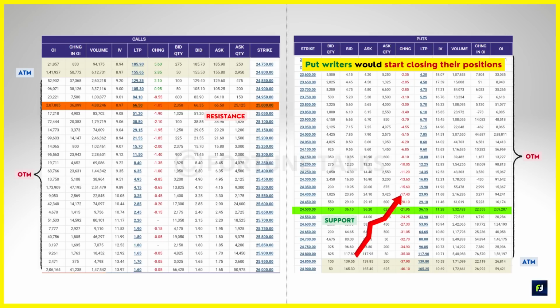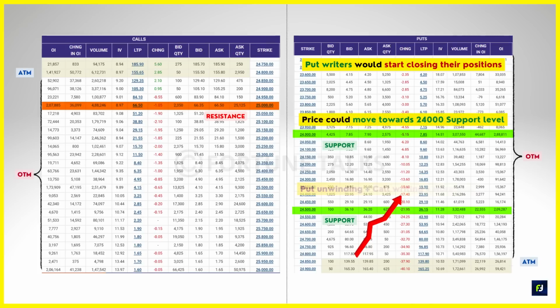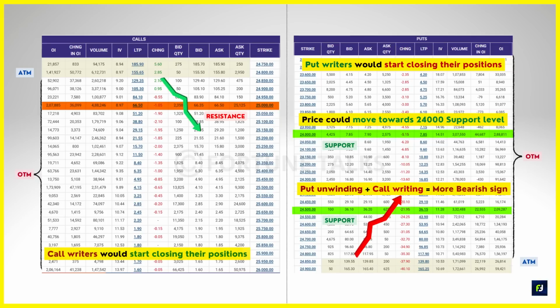This unwinding of bullish positions could cause the underlying price or spot price of Nifty to decline lower towards the next support level of 24,000. Now, if this put unwinding is also accompanied by call writing at higher levels, this is an even more bearish signal. On the other hand, if Nifty moves above 25,000, call writers who have a bearish bias could start unwinding